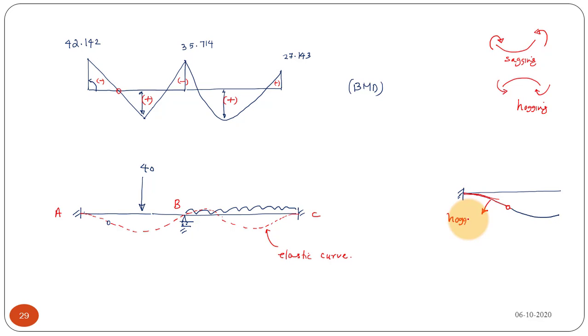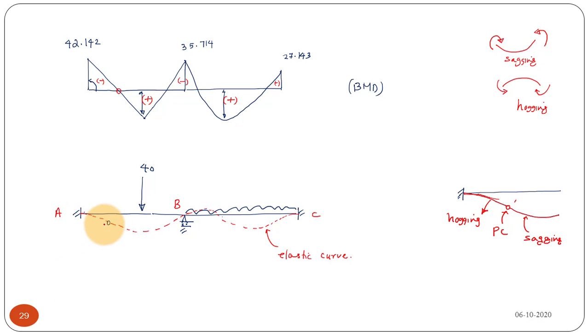It is hogging, and from this part onward the beam is sagging. So the curvature of the beam is changing from hogging to sagging, and this point is the point of contraflexion. Okay, and if you are looking from the elastic curve, you can see a change